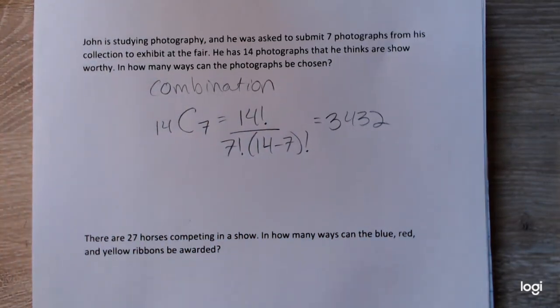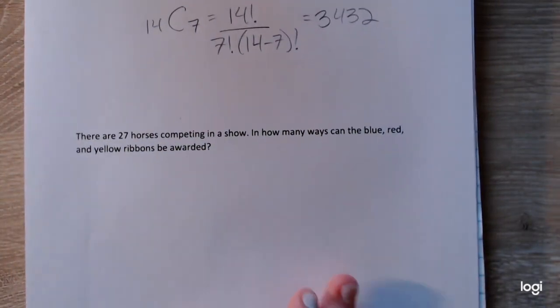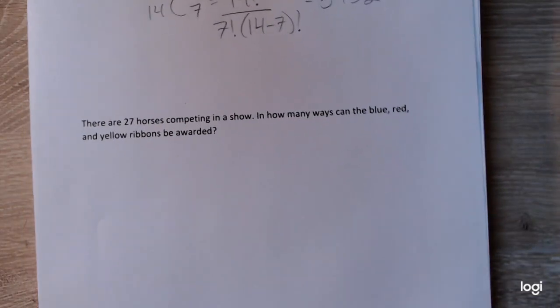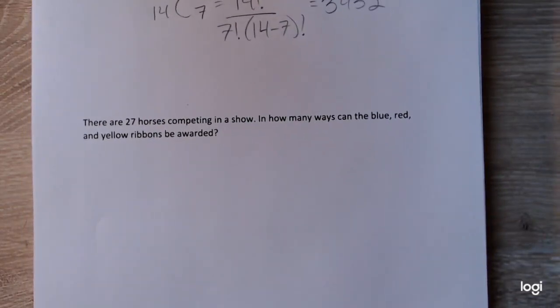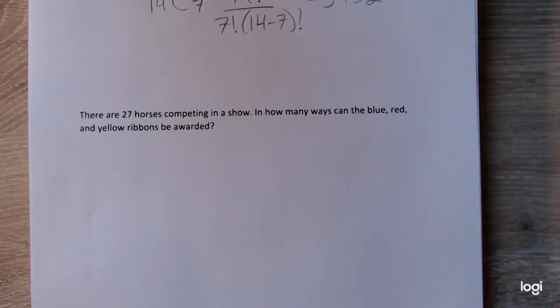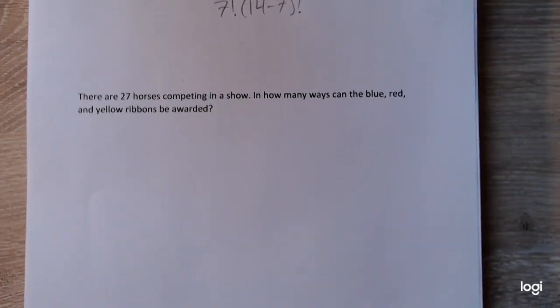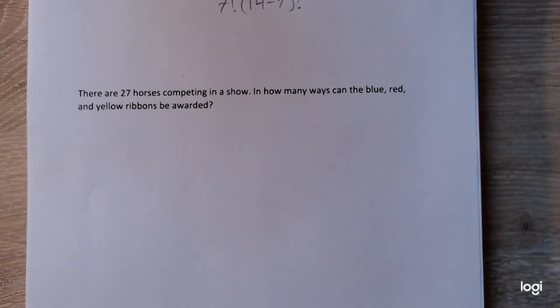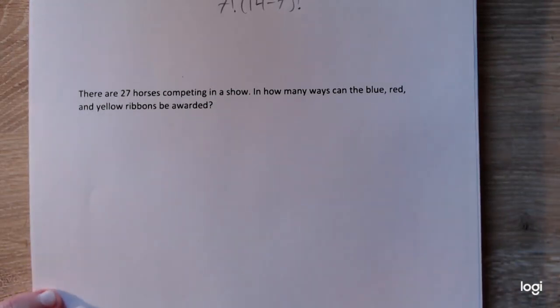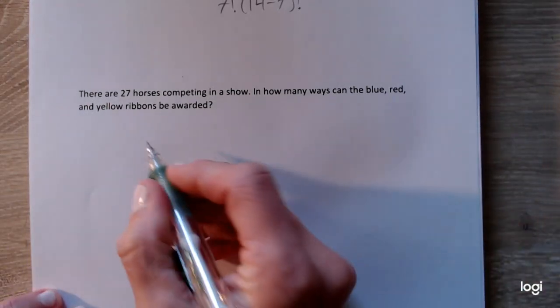The second problem says there are 27 horses competing in a show. And how many ways can the blue, red, and yellow ribbons be awarded? Now this problem is not a combination problem because order does matter. There is a ranking, an ordering, a first place, a second place, third place type of problem. Okay, so using permutations,